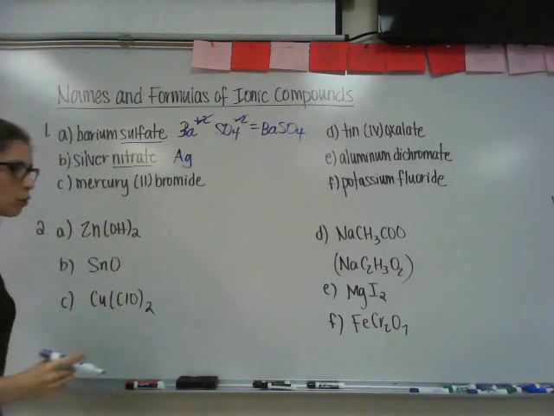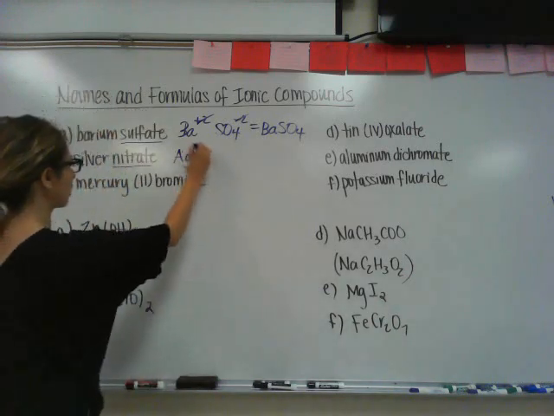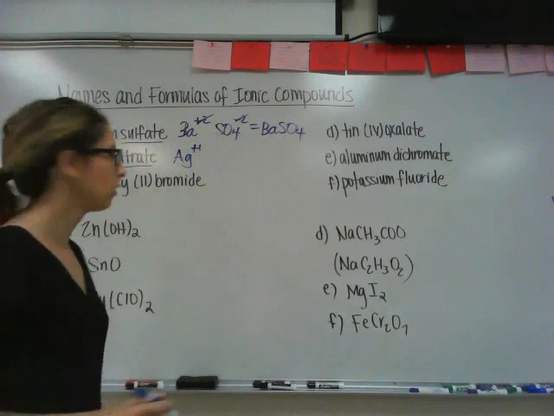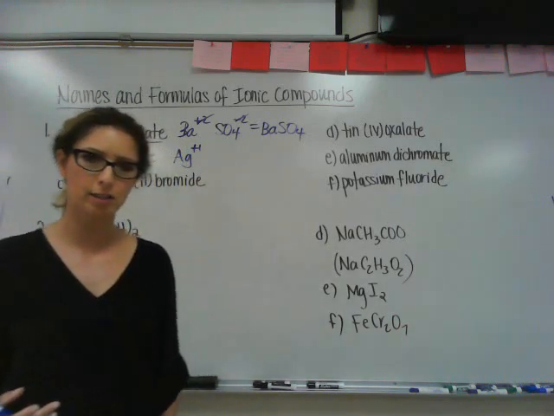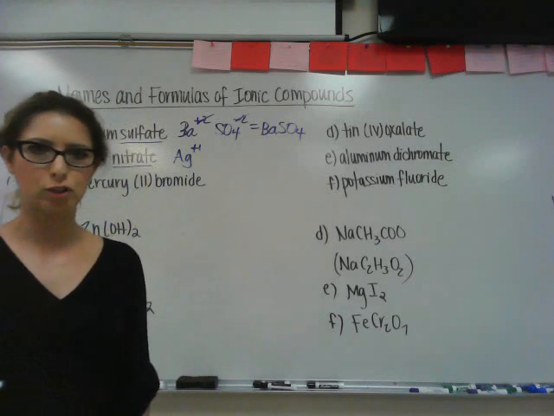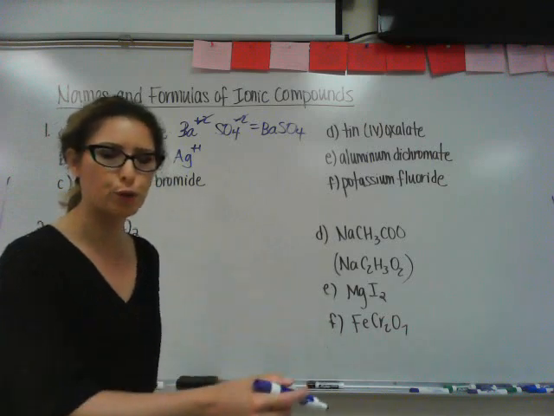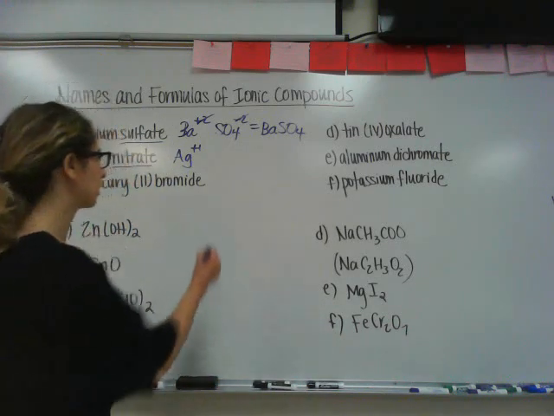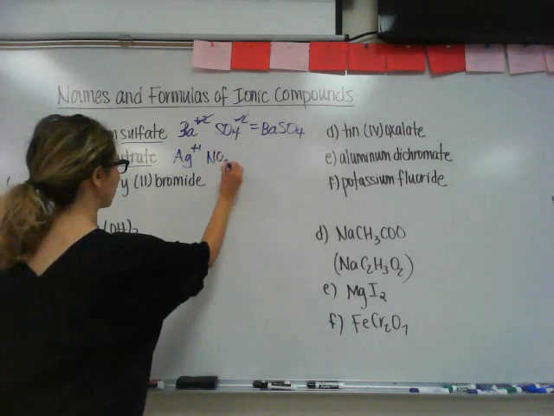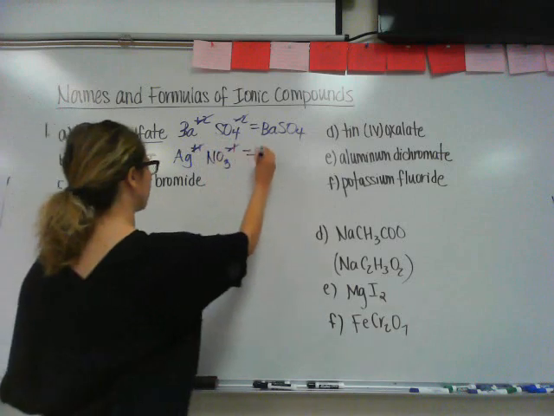For the next one, silver nitrate. Silver is one of the transition metals that has an assigned charge because it has shading over it. It has a +1 charge that you should have made a note of. And then nitrate is a polyatomic ion containing nitrogen. It's nitrogen with oxygen attached. Remember, there's a circle around nitrogen going over to group 7A, because when oxygen is attached to nitrogen, it follows that numbering system. So nitrate is NO3 -1. The numbers and the charges cancel, and you get